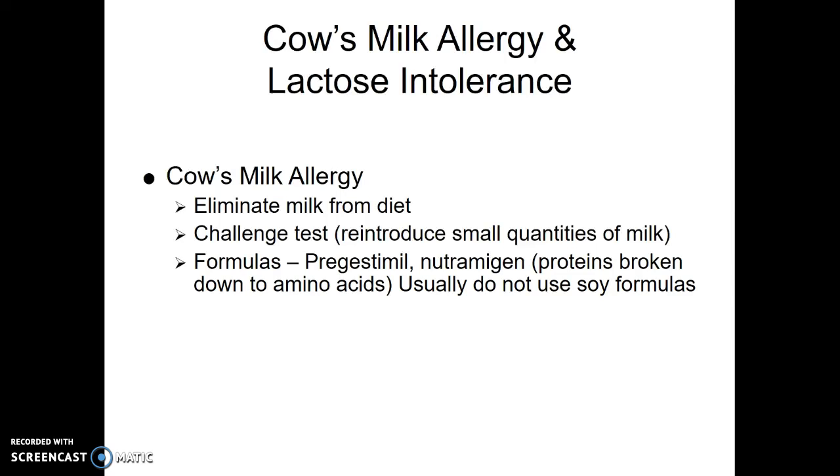So things that are not an allergy but an intolerance, such as lactose intolerance. How do we treat that? We're going to eliminate lactose or milk from the diet. Often they try and do that for a year and then reintroduce it in small quantities, and sometimes you can start developing the lactase. If we do have to use formulas without milk for that year to give that child that chance,